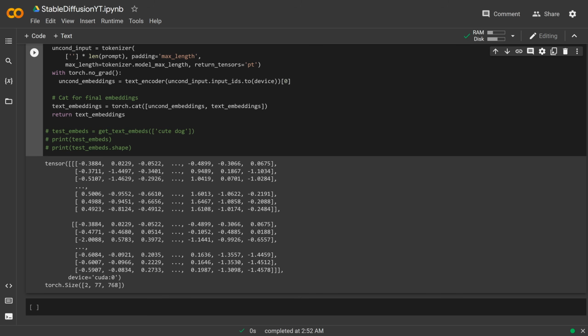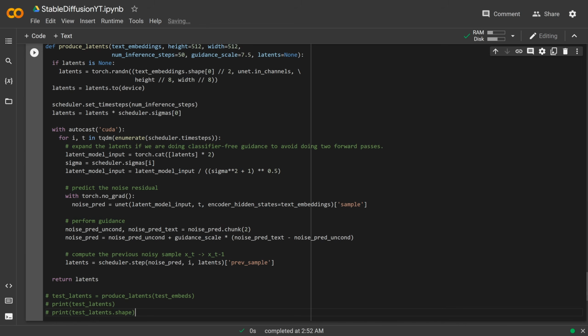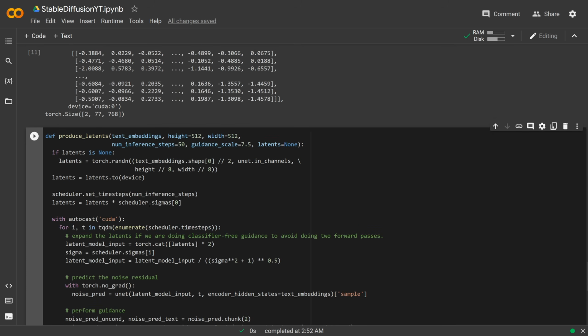The next thing we're going to want to do is this producing latents function. This is really the bulk of the work. What we're going to do here is take in the text embeddings, which are what we just produced, along with a few parameters. Height and width are going to be the height and width of the model. I recommend 512 by 512. If one of the dimensions is not 512, you're probably going to have some issues,